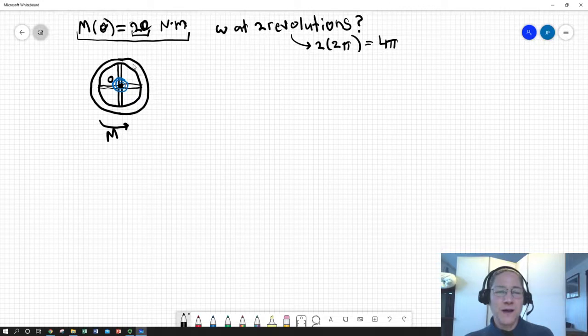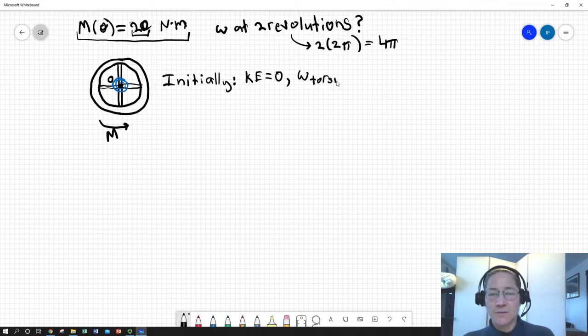We could find an acceleration and integrate with time once using moment. But we can also look at our initial state and our final state and make it even easier, because we only care about this initial state when it's all wound up, and then 4 pi later. So we can use work energy in this case, and we can use the work done by the spring. So we can say our total energy state initially, it's at rest, so kinetic energy equals 0,